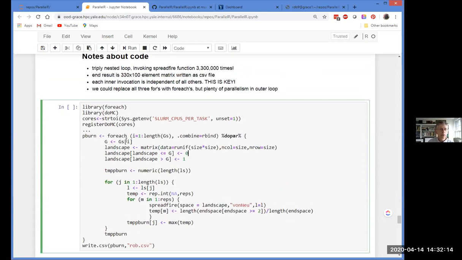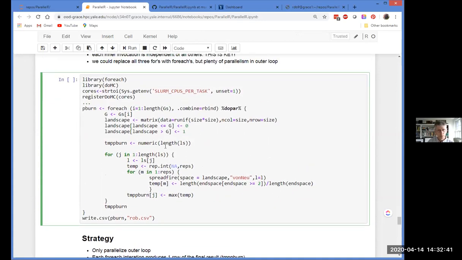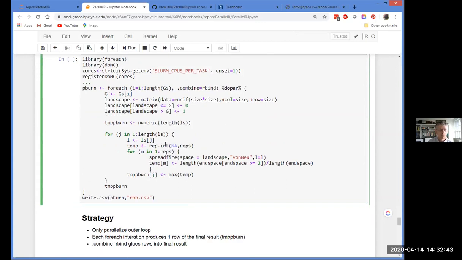And other than that, the only thing I really had to do was the standard boilerplate at the top of figuring out how many cores I had and doing register doMC. And you can see that here I chose to be a little bit modest and just stick within one machine with doMC. So I was going to get what I needed in terms of parallelism. But I don't see any reason why this wouldn't work just as well with doMPI.